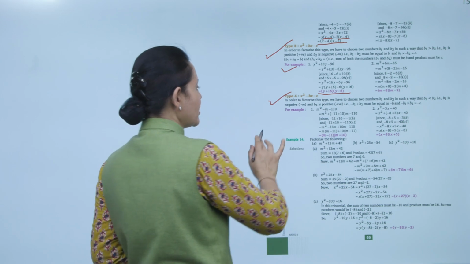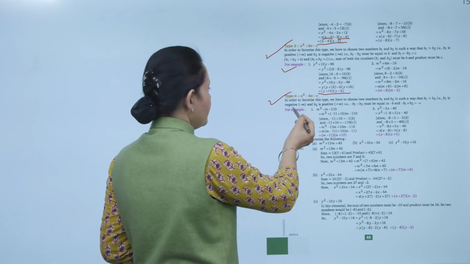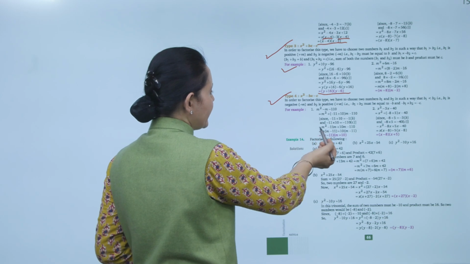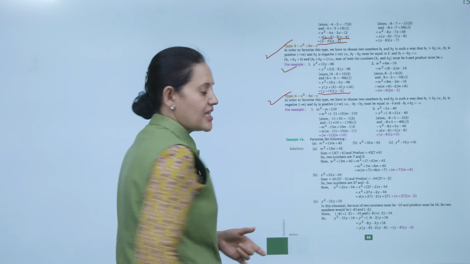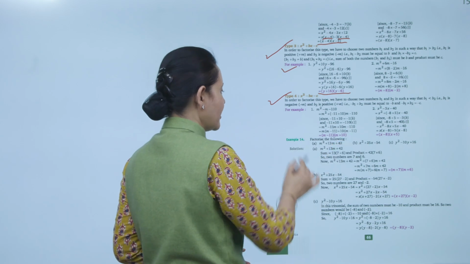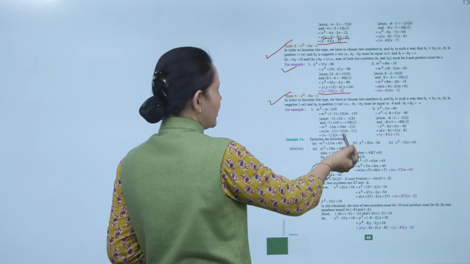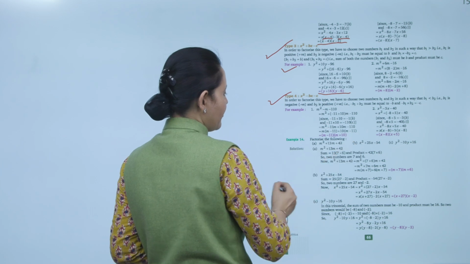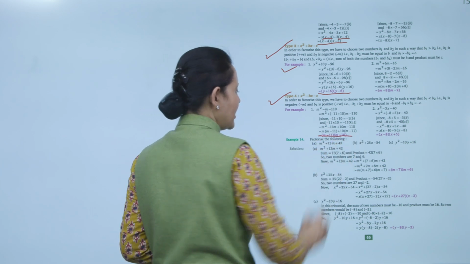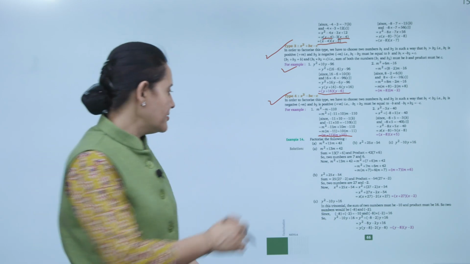So we have to choose the number in such a way that b1 should be negative. So we'll factorize m squared minus 11m plus 10m minus 110. m common लेंगे, m minus 11 plus 10. So that is equals to m minus 11. So two factor हो जाएंगे, m minus 11 and m plus 10. Clear? Next we'll take an example.